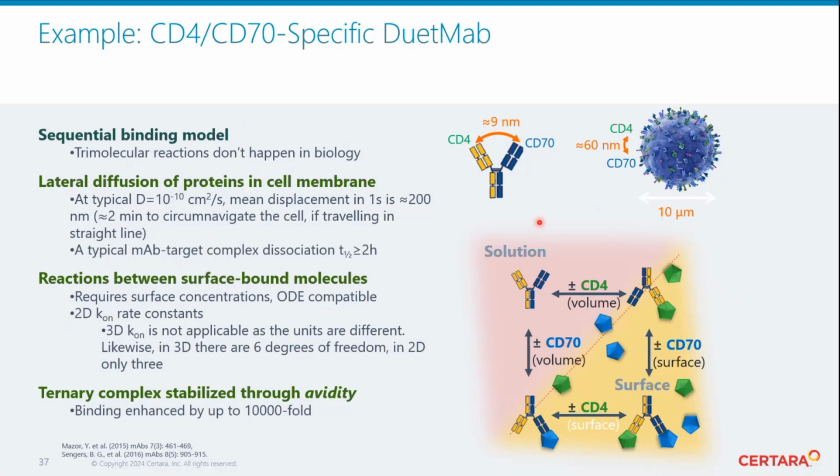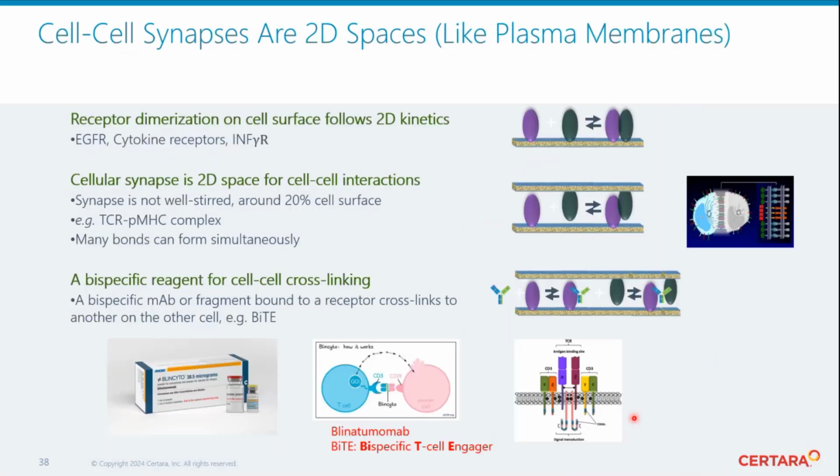Or if we have a bispecific antibody, it will first bind with one arm to one target, or with the other arm to the other target, and whilst on the cell surface, it will then form the ternary complex, which dissociates very slowly, and that's behind what's called the avidity effect. The limit of it is about 10,000-fold. Experimental data is less, maybe 10 to 100-fold, but it's very difficult to measure picomolar affinities experimentally on the cell surface. And just to mention it, the same formalism would also apply to reactions in cell-cell interfaces.